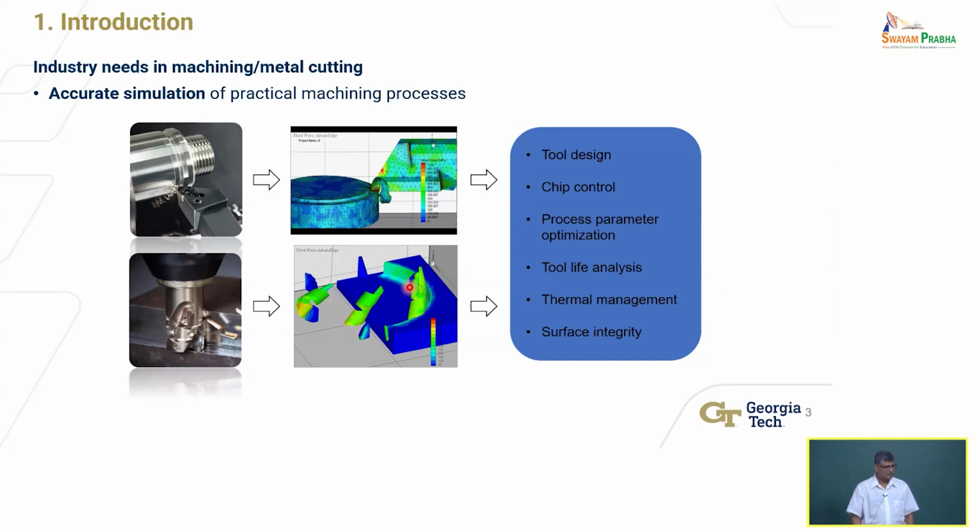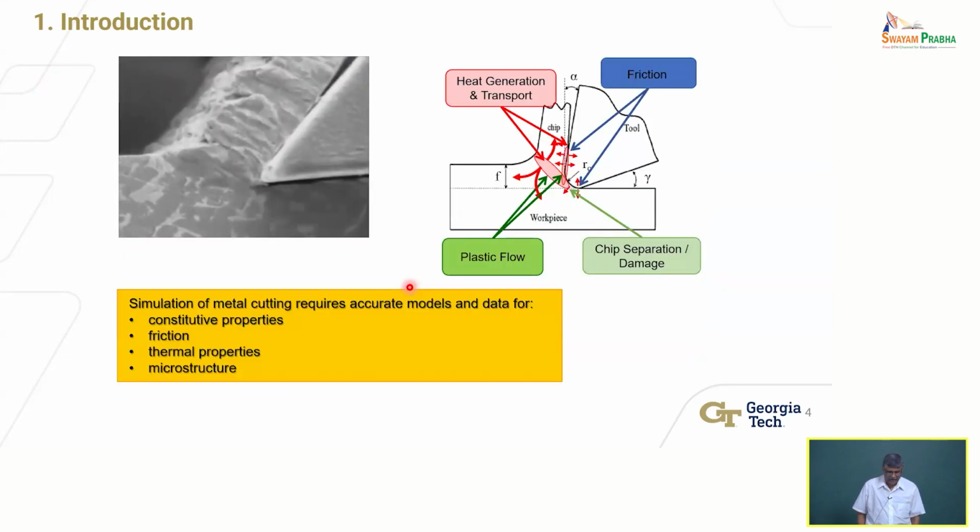And then finally, as I said, surface integrity. What kind of residual stresses are produced? What kind of metallurgical changes might be produced, which may or may not be desirable? All of these things we want to be able to do in practice, right? And I want to be able to simulate. As engineers and scientists, our goal should be, we want to use knowledge of the physics of the process to arrive at the answer as much as possible. It's not possible 100% of the time, or most of the time it's not 100% possible, but to the extent we can utilize scientific understanding, you minimize the trial and error portion of this process. So that's really the motivation for us to be able to accurately simulate.